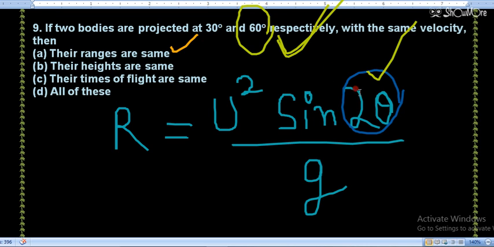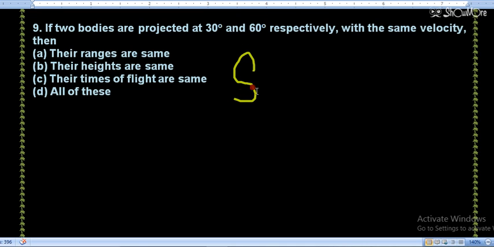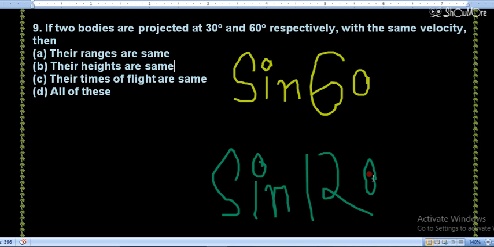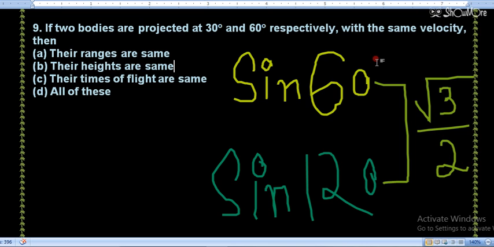ठीक है जी, पहले केस के लिए देखो साइन 60 की वैल्यू क्या है, अंडर रूट 3/2। एंड इफ आई टॉक अबाउट 60 डिग्री, अब 60 डिग्री का डबल क्या हो गया, साइन 120 डिग्री। सो साइन 60 एंड साइन 120, दीज बोथ हैव सेम वैल्यू, दैट इज अंडर रूट 3/2। साइन 120 वी हैव ऑलरेडी डिस्कस, साइन 90 प्लस 30 कन्वर्टेड इनटू कॉस 30, कॉस 30 की वैल्यू अंडर रूट 3/2। तो यहाँ पे थोड़ा सा ट्रिग्नोमेट्री का कंसेप्ट है, अगर आपको नहीं पता देन यू कैन ड्रॉप द मैसेज इन कमेंट बॉक्स, हम दोबारा डिस्कस कर लेंगे। सो रेंज बच्चे सेम आ गई, पहला ऑप्शन रेंज इज राइट।